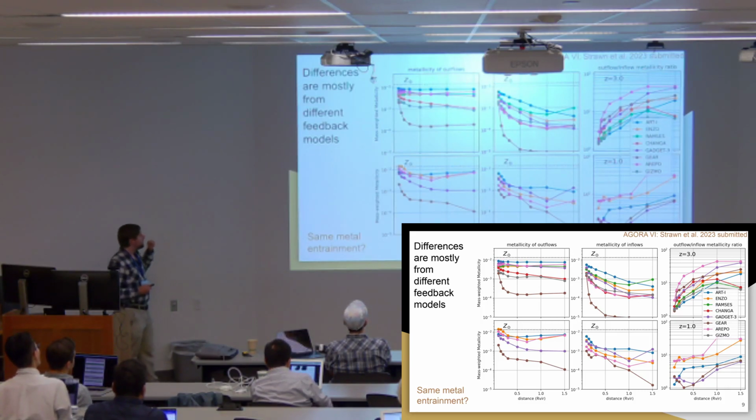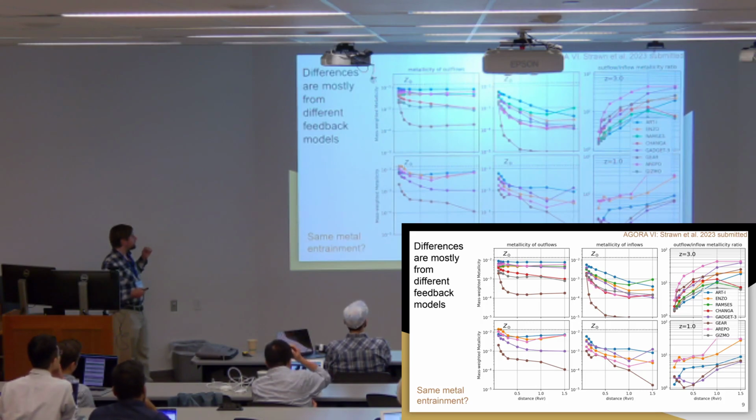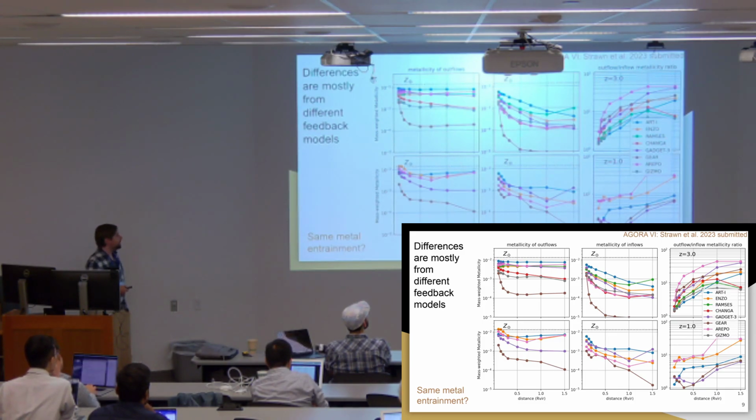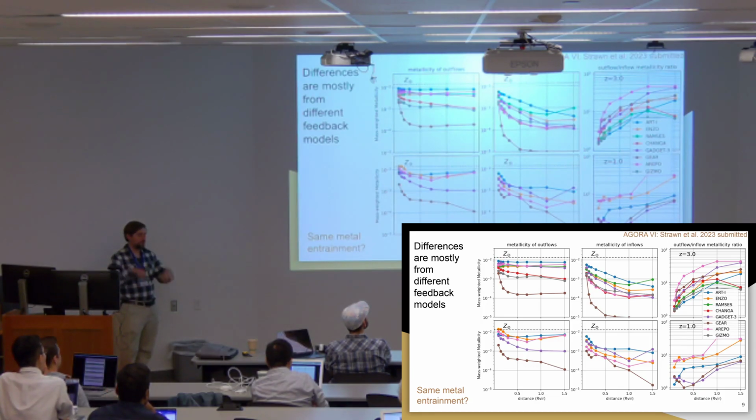So, you know, that this is higher than this is not a surprise, the shapes, but they do have a significant difference in how much metals there are total. However, if you look at, let's say, the ratio of the outflows to inflows, basically, this is talking about the dynamics inside the halo. How much gas metals is being recycled or probably entrained, as a few talks yesterday were talking about. And they stay pretty close to each other. So they have similar dynamics, similar systems are regulating the metals.